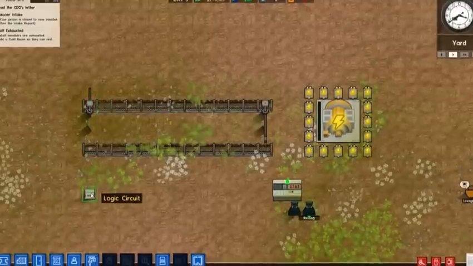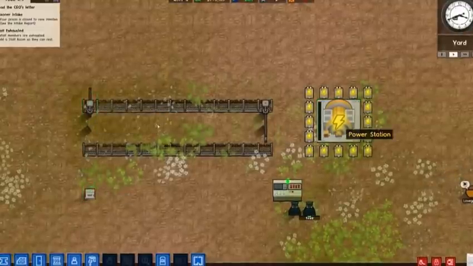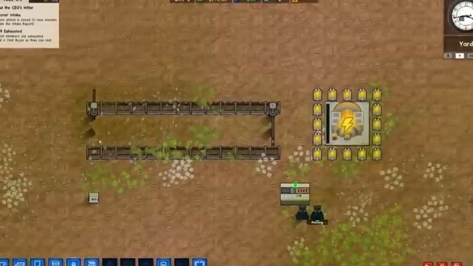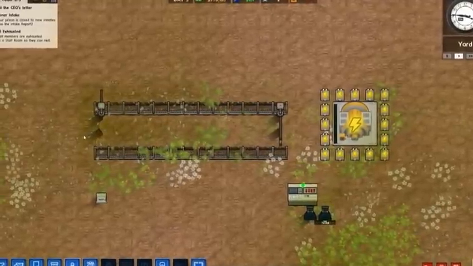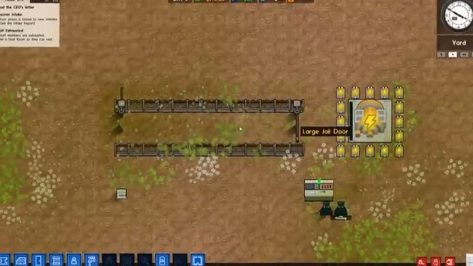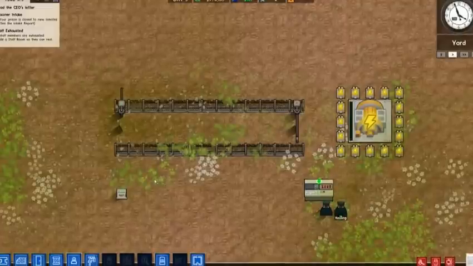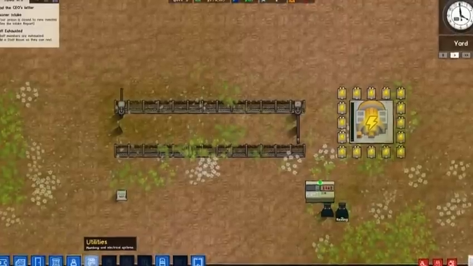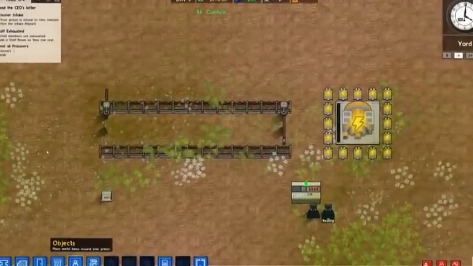So very simple, one circuit. That's a one-way airlock. Typically with an airlock, you're always going to have at least one door open, just because of the way that they're implemented right now. You can do Boolean logic, but it doesn't have anything like an if-then statement enabled. But if you want a two-way